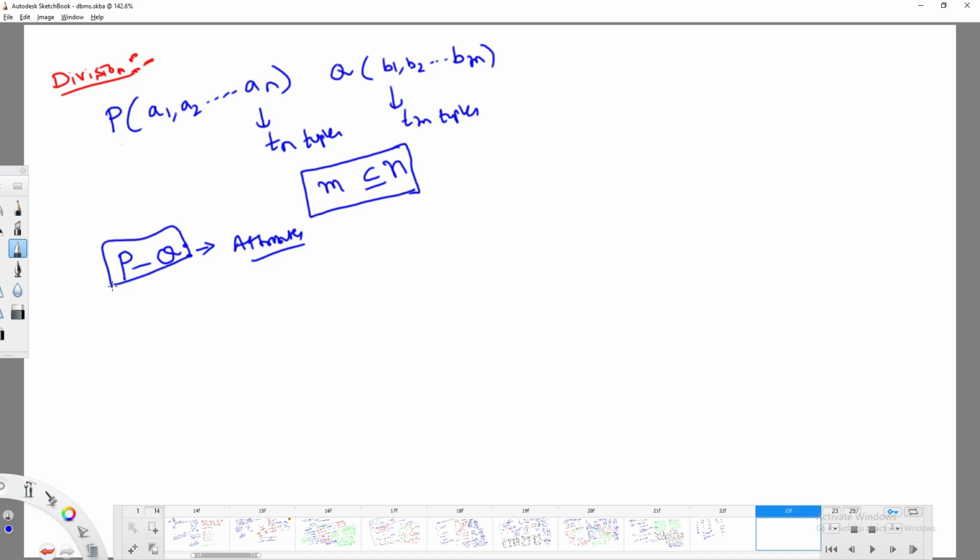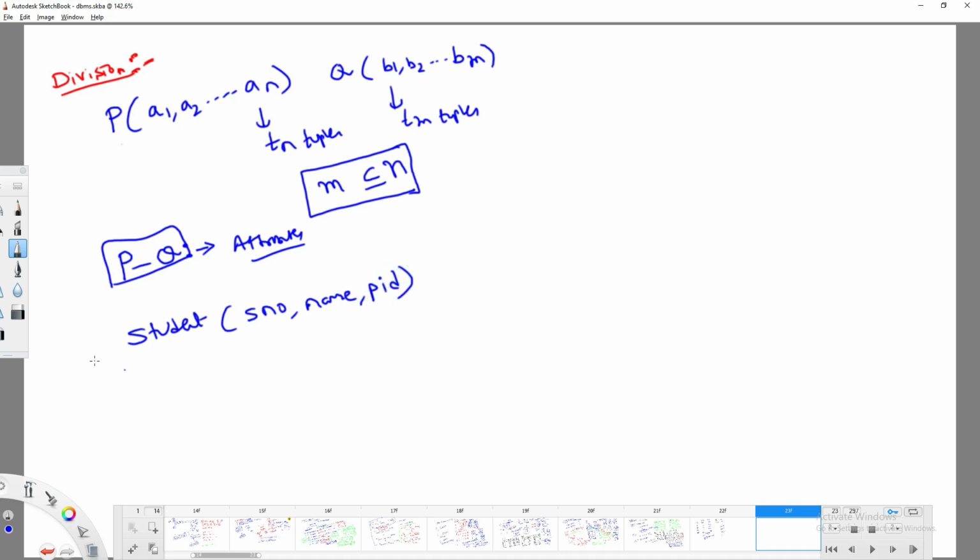For example, let me take a relation called student relation. On this student relation, I am going to have three attributes. One is serial number, another one is name, another one is project ID. This is the relation. You can assume it as P. And the Q relation can be according to this one.